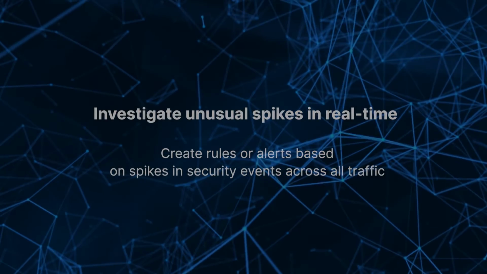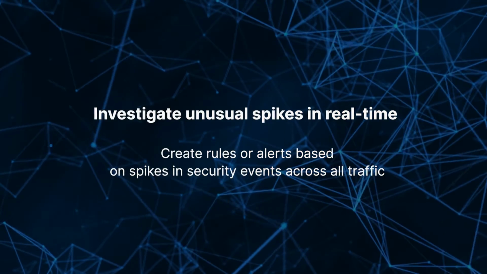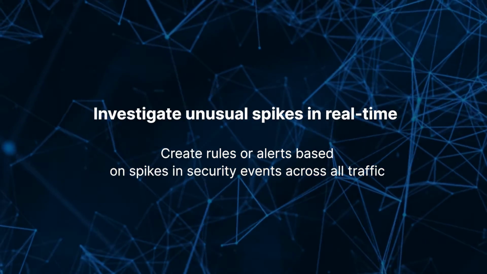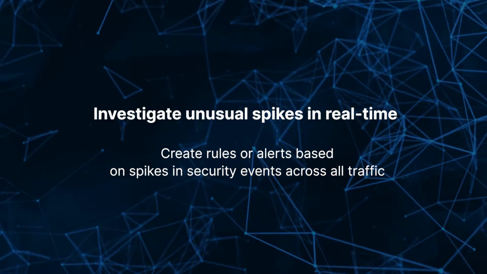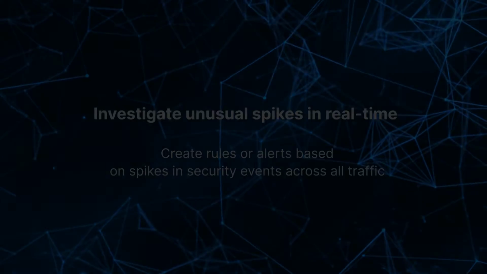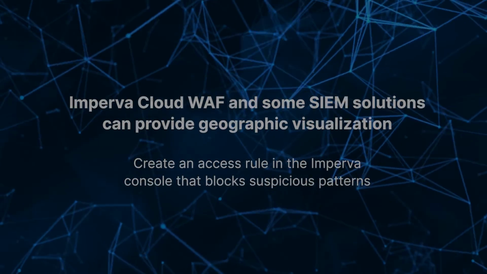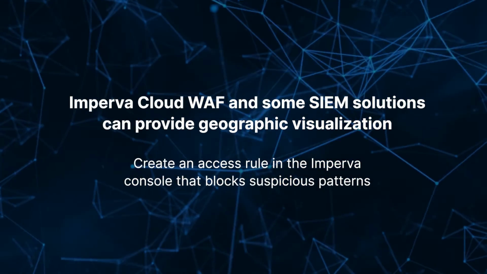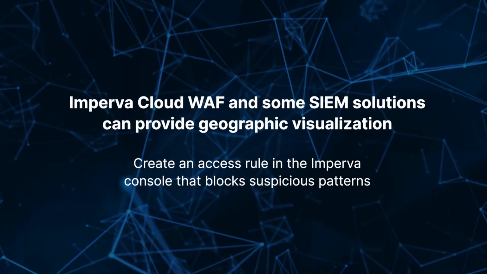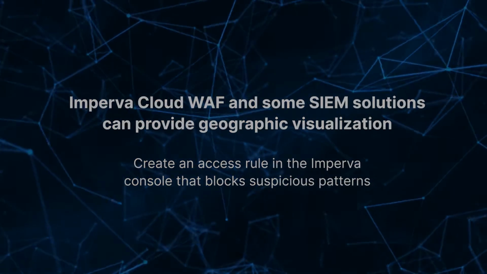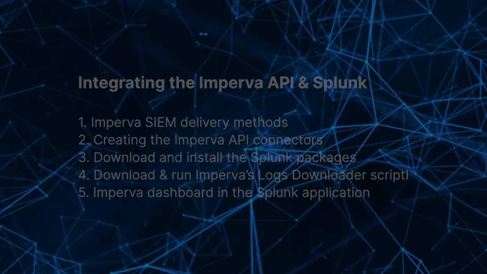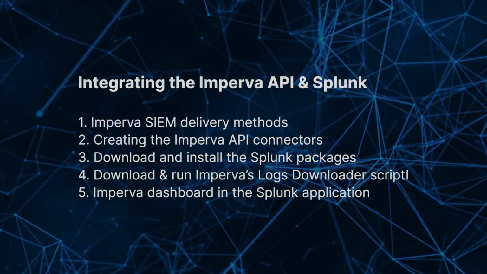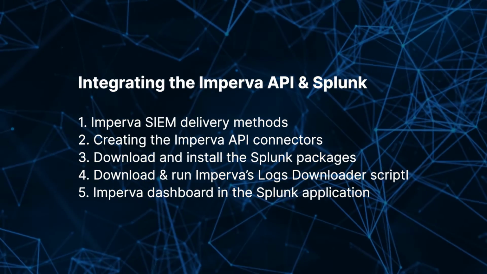Our dashboard's many metrics will help you identify spikes in security events across all traffic so you can respond proactively to potential threats. You can also monitor the countries from which traffic originates, which is vital to detecting abnormal activity, especially from suspicious countries. Now let's run through the steps for a common Imperva SIEM integration using the Imperva API